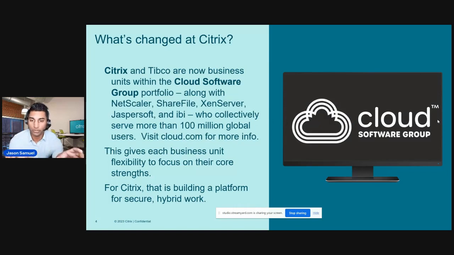We're still working together. We're all still teammates and so on. So it's just a much bigger organization. And then you have a lot more direct integration actually with a wider suite of things within the Cloud Software Group portfolio. So we at Citrix are extremely excited. The NetScaler team is excited. The ShareFile is excited. We're all working together very closely.